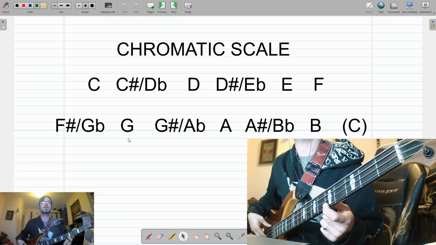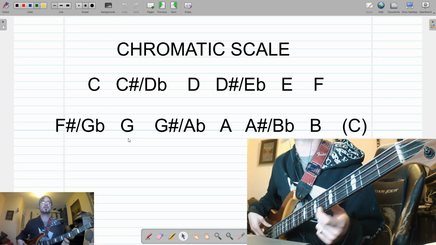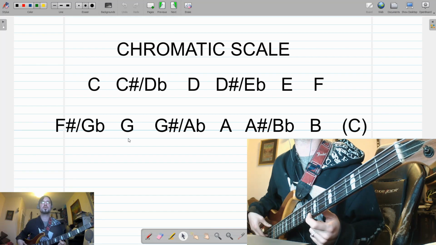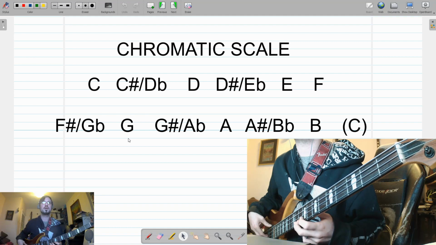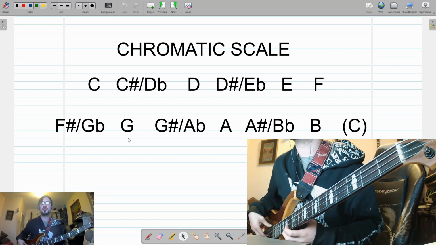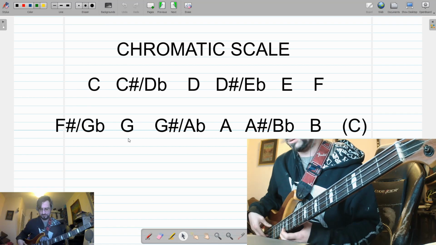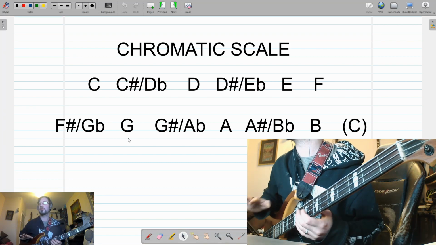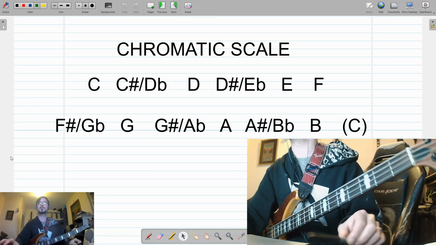You've got C, C sharp, D flat, D, D sharp or E flat, E, F, F sharp or G flat, G, G sharp or A flat, A, A sharp or B flat, B, C. So you need to memorize this, and the thing to bear in mind is that